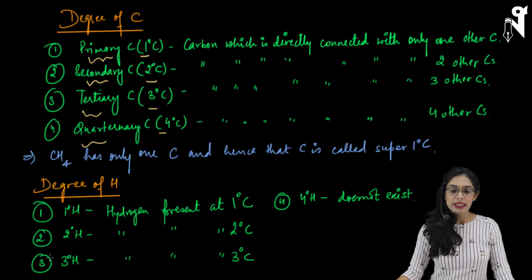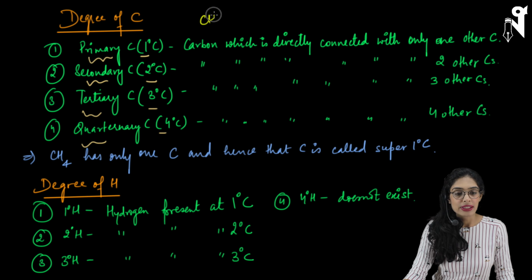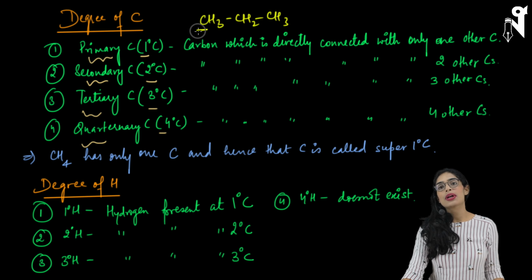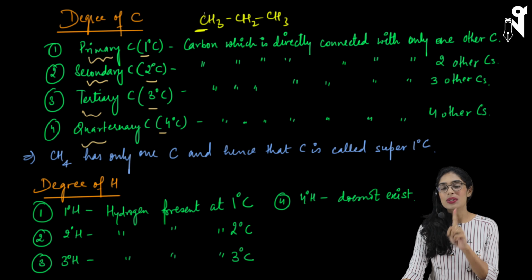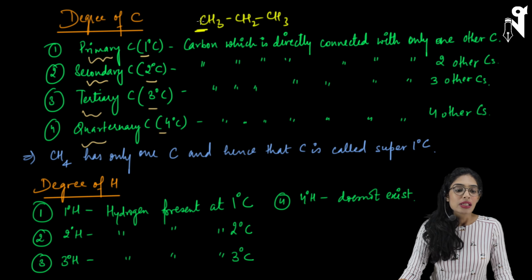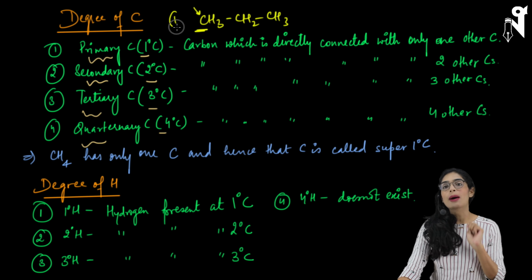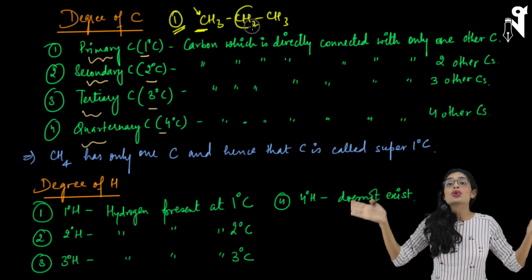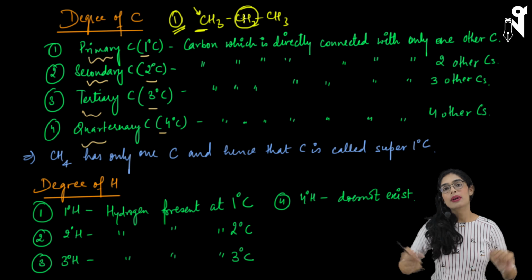For example, let's say I take a compound as CH3, CH2, and CH3. If I talk about my first carbon, it has only one immediate neighbor as carbon. It is bonded with 3 hydrogens and 1 carbon, so it has only one neighbor as carbon. One attachment with the neighboring carbon, or only one carbon as a neighbor. If I talk about the second carbon, it has 2 hydrogens and the rest of the 2 bonds are linked with 2 carbons. So immediately it has 2 carbon neighbors.